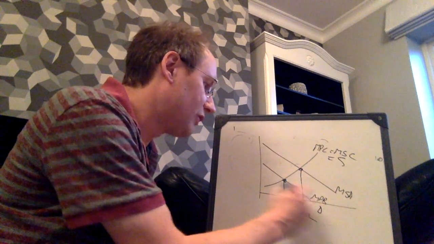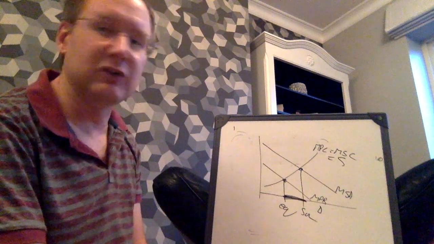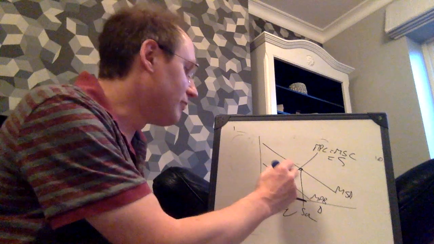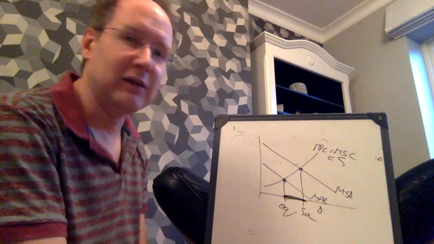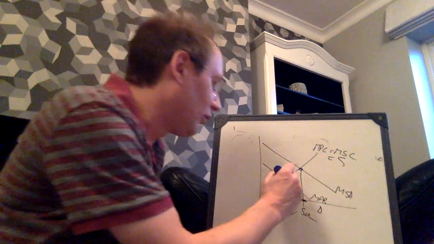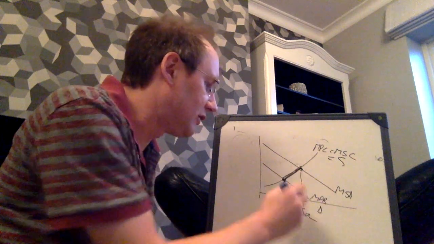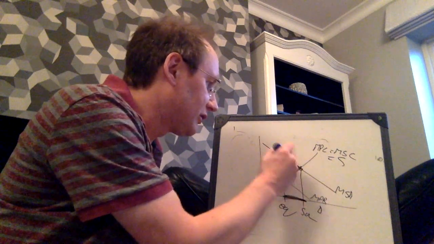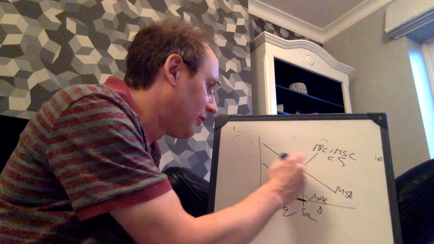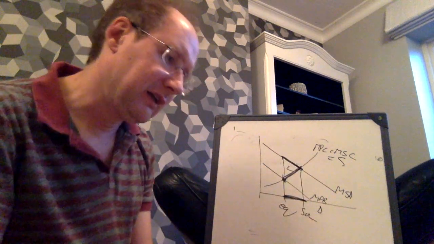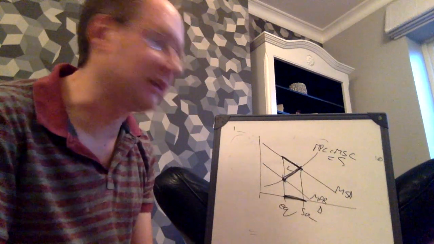So what we've got to say is what's wrong with these units. The cheating solution is you just mark up from the market equilibrium, but the thinking explanation is to say, well, look, that's the marginal social cost of those units. That would have been the marginal social benefit, but we haven't got them, therefore that's the welfare loss. So therefore the right answer is A. So if you put B,